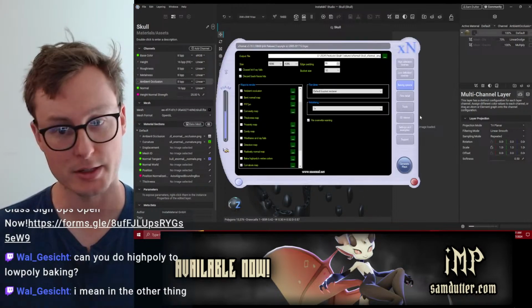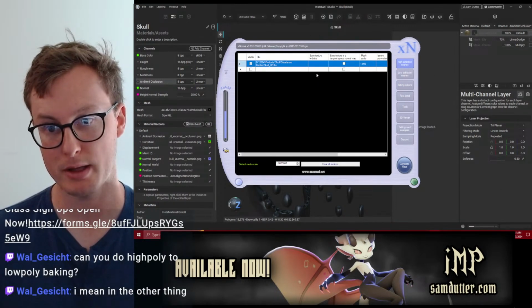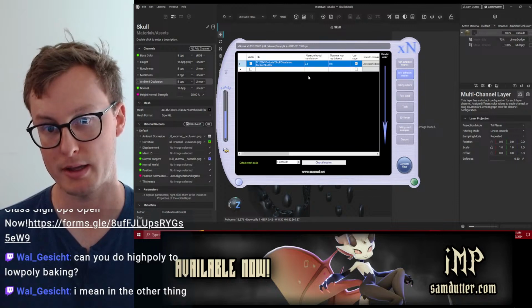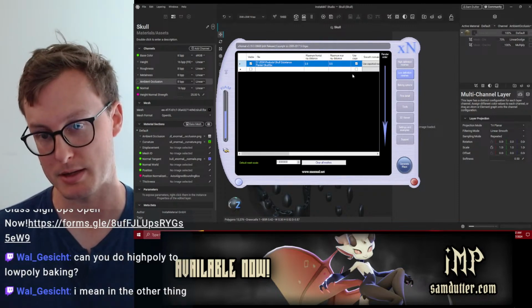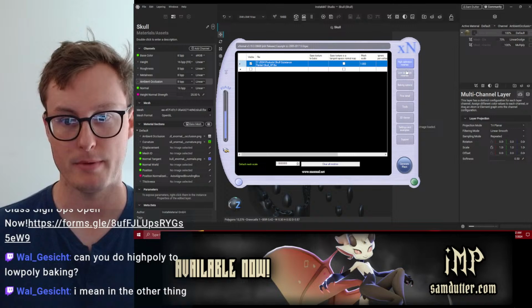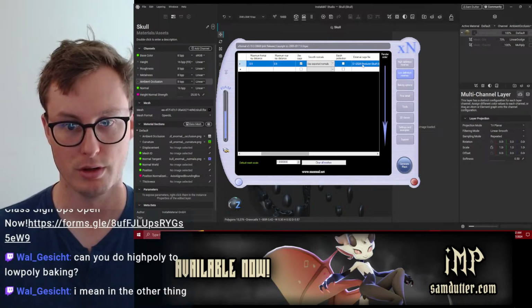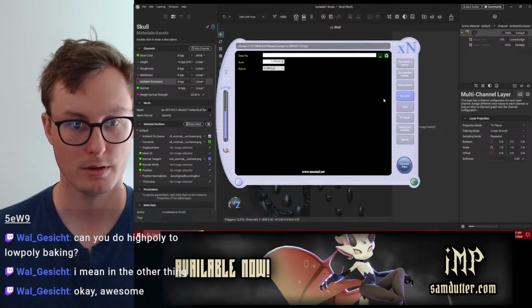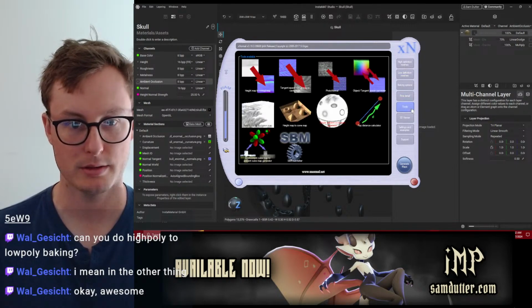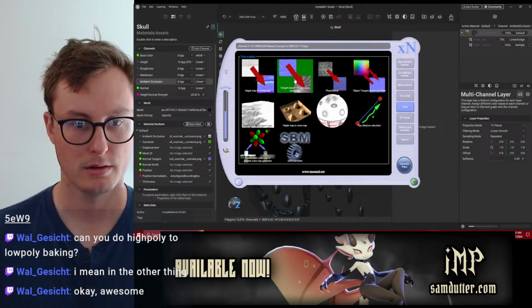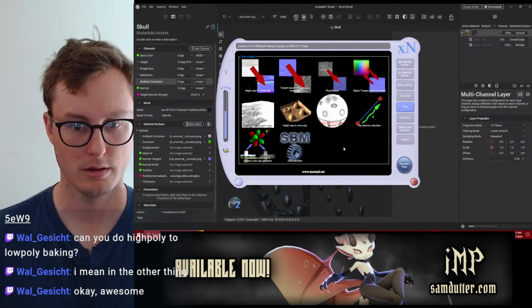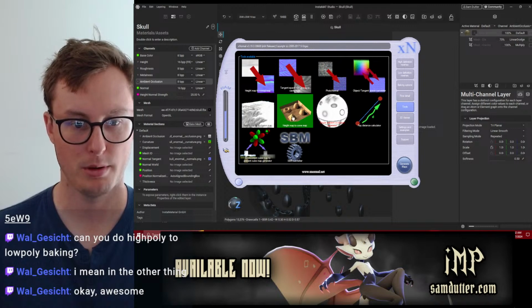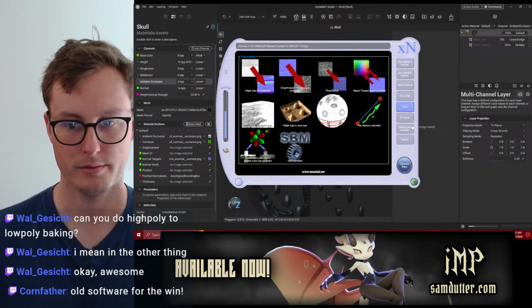Oh yes, the xNormal. Yeah, we gave it a high poly mesh, and we gave it a low poly, sorry, mesh. I said map. I meant mesh. And also we gave it a cage too. Here, cage file. So got quite a bit of options. Don't know what detail means. Oh, interesting. Cone map. Huh, fun stuff in there.